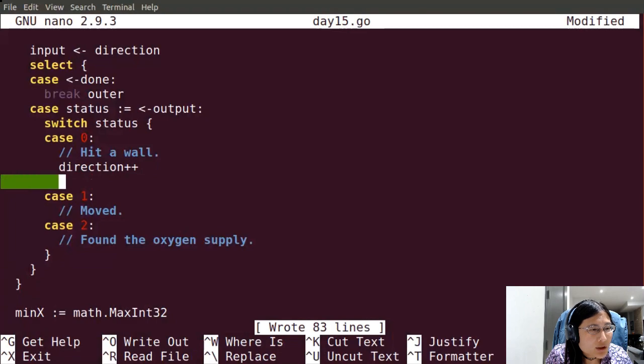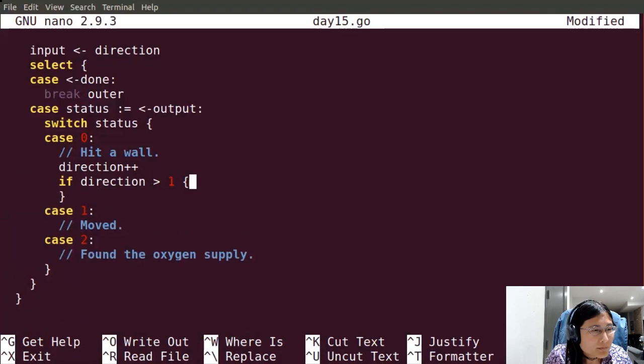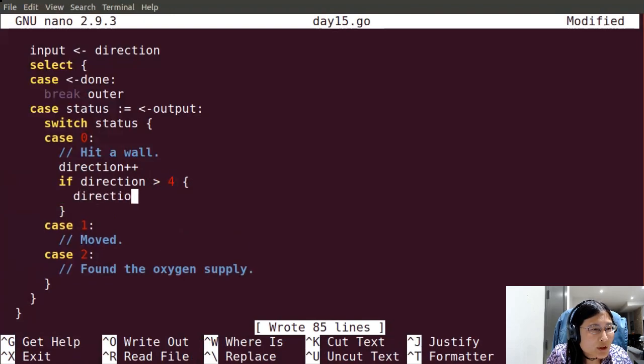Improve the direction: if direction is greater than 4, direction equals 1. Okay.